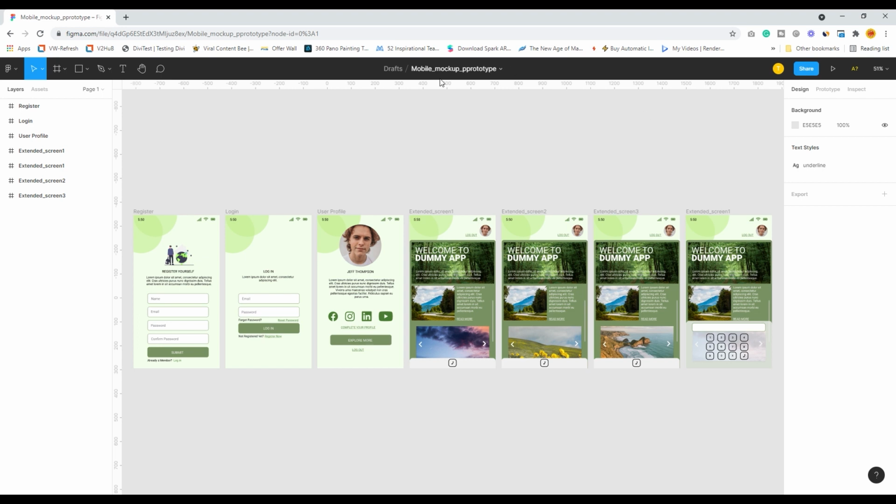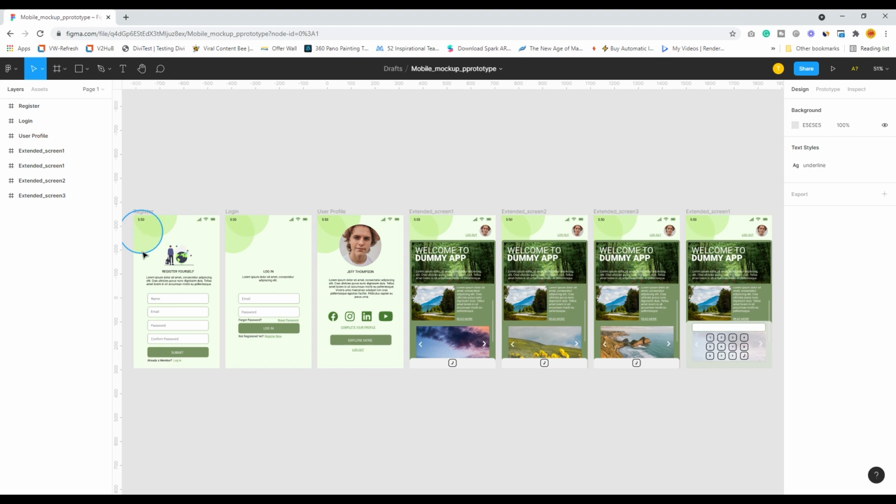So as you see in this particular file which I have already opened, which is a basic mobile mockup prototype which I have created for my subscribers. It's a very basic one which I will also cover in my prototype creation steps.